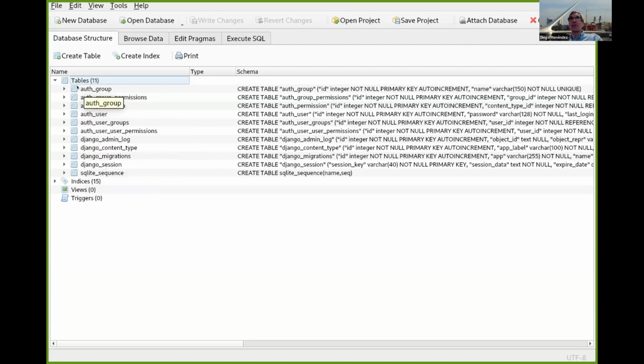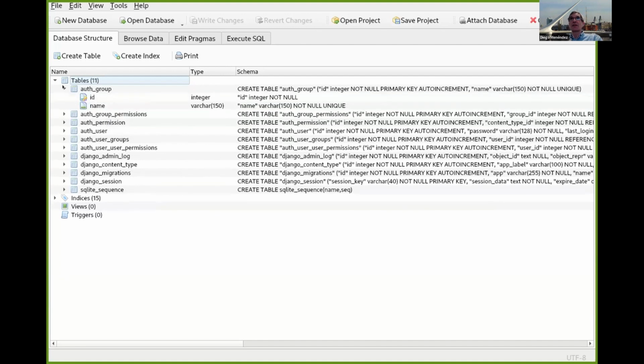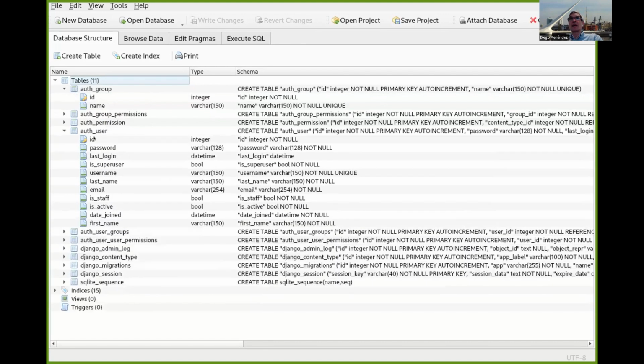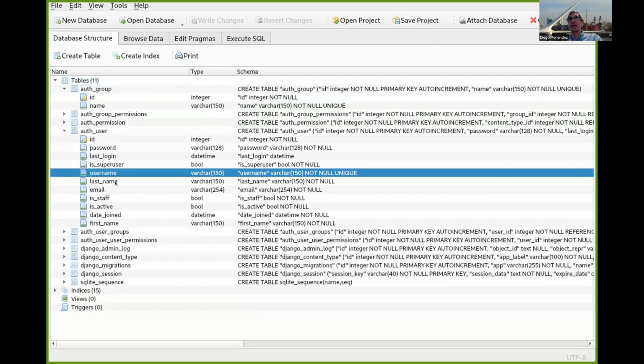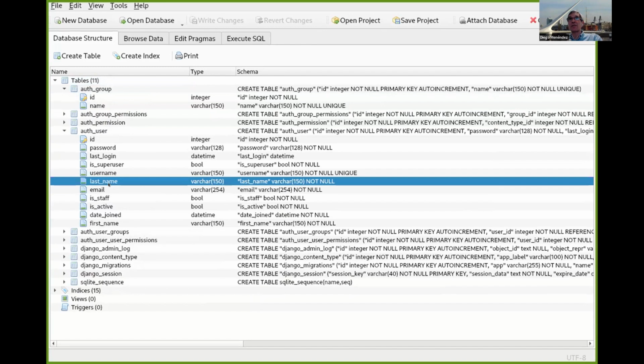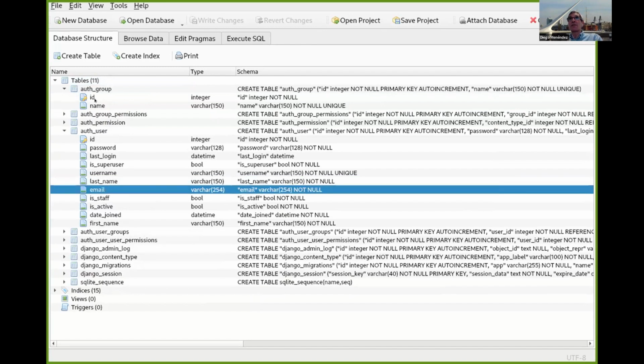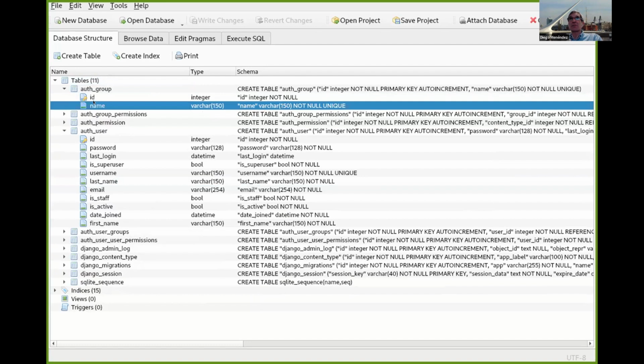And for example, auth, which stands for authentication and authorization, has a group table, also has a user table. And in the user table, we see that there are the things that we have seen in the web interface, like a username, first name and last name, email, and so on. The group table is very simple. It just stores the group's name, and there is something which will relate two tables, like a user and a